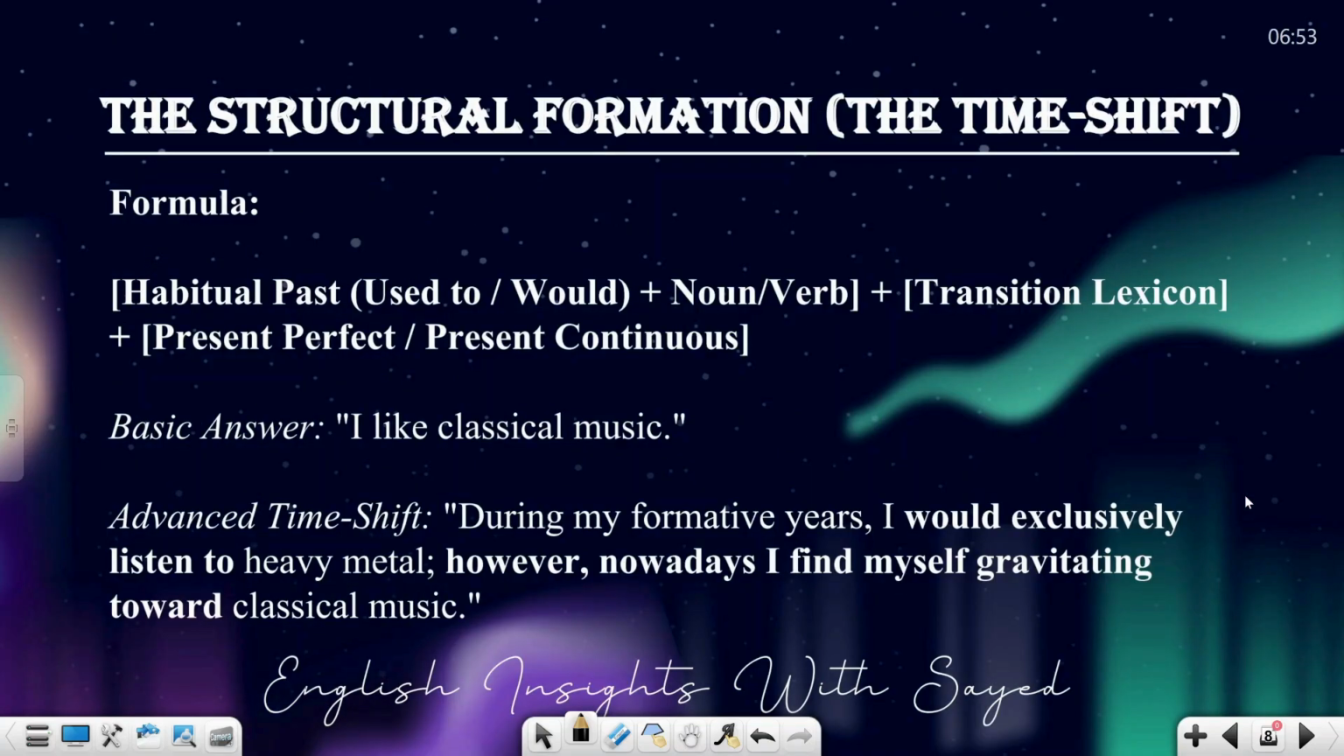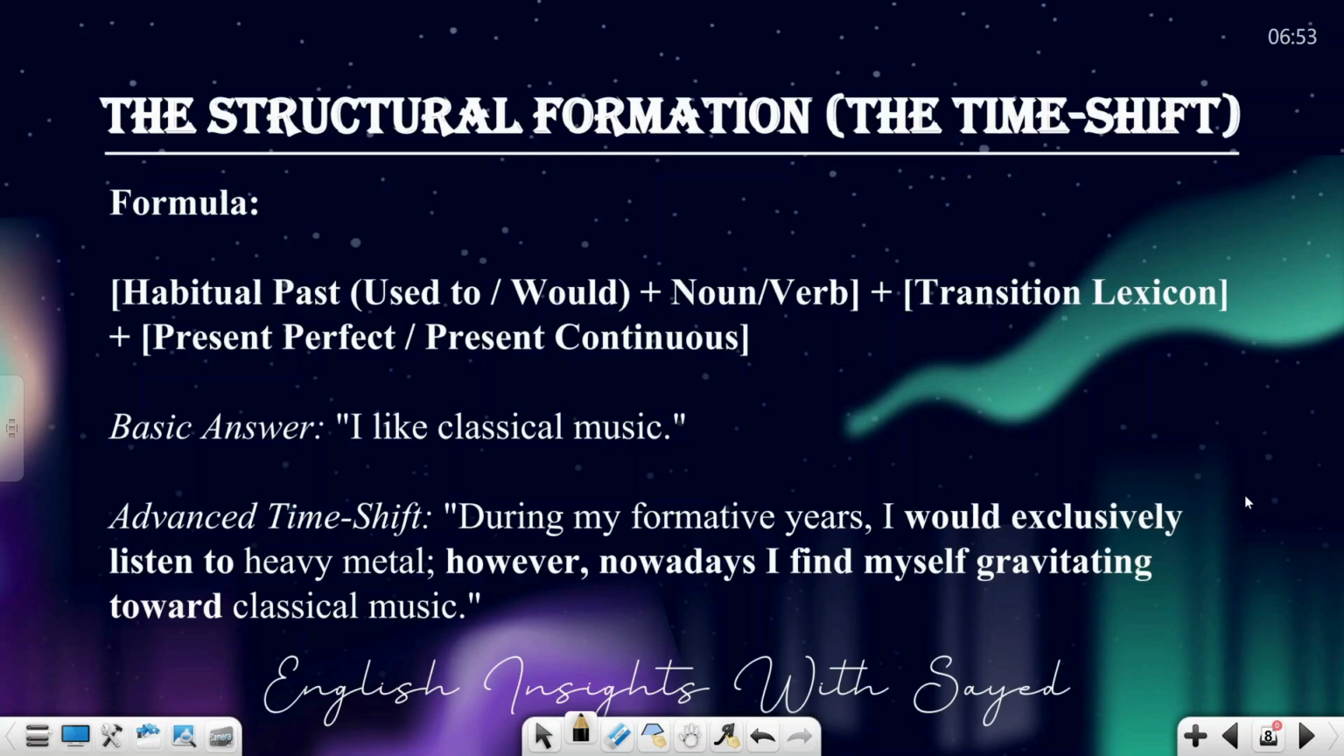So what would be the formula to do so? First of all, your habitual past, your habit in the past, you'll be using this sort of verb, that is the modal: used to, would, then the noun or verb, then transition lexicon, and present perfect or present continuous tense. Like this way, instead of saying I like classical music,